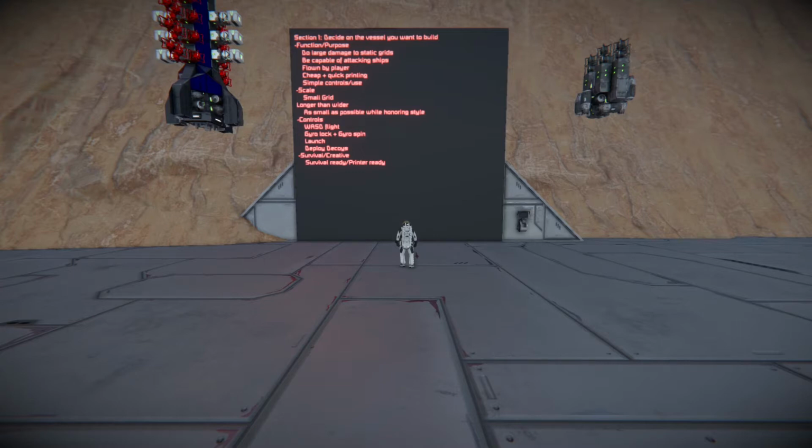As far as controls go, they need to be WASD flight, standard flight controls. I want to have a gyro lock and a gyro spin function. I need to be able to launch it easily manually, and I need to be able to choose when to deploy my decoys. Now, the last thing to consider in Space Engineers specifically is, will this be a survival design,